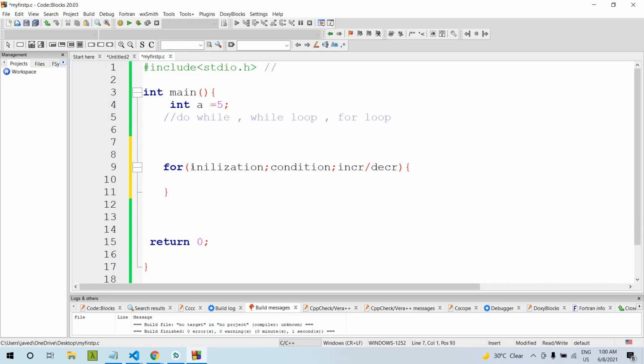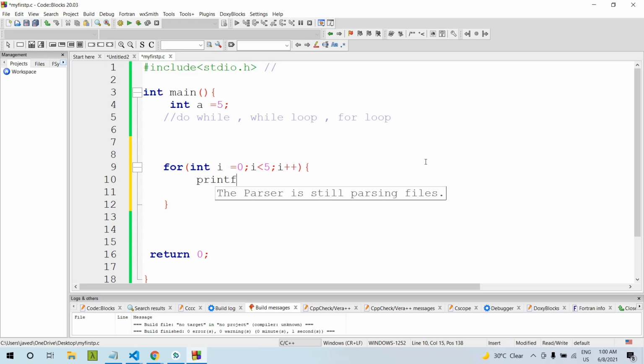For example, in initialization we declare the variable int i equal to 0, then the condition i less than 5, then i plus plus. So we increment the value of i, and we will print the value of i.